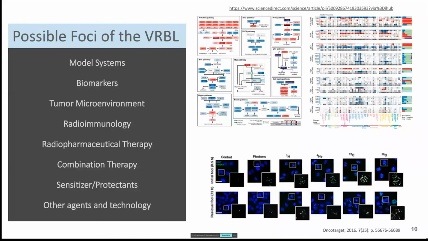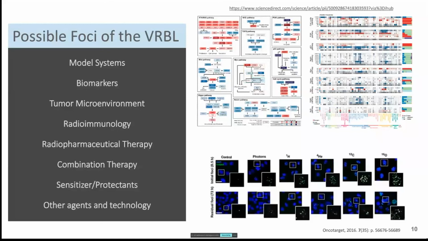So the possible foci or areas of focus of the VRBL could include model systems. Now, what is a model system? It's cells or animal models that respect the geographic differences seen in cancer across the planet. Most of the models that exist, most of the PDXs that I'm aware of on the planet represent Western cancer patients. I don't think that there is large investment or capacity for these kinds of systems globally. And that's the kind of thing that has ample opportunity for expansion and scientific endeavor.